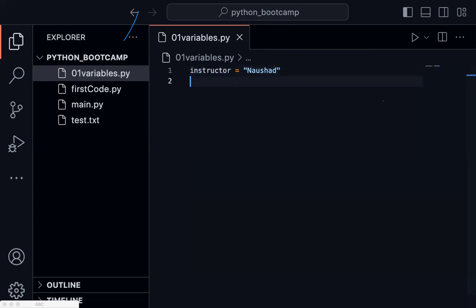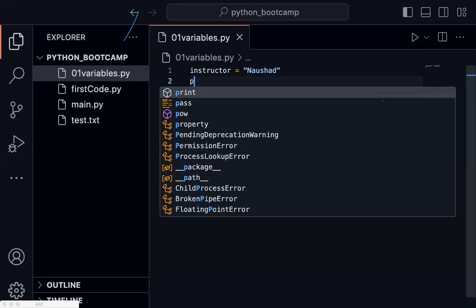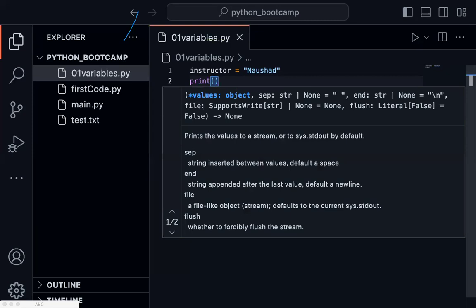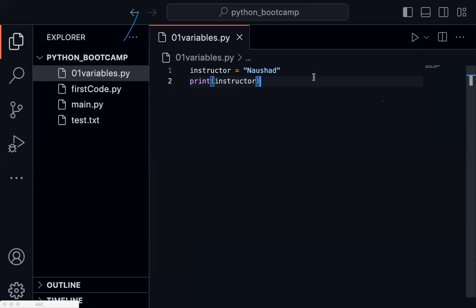So let's use the Python print function now, and then instructor. So when I run this code, what happens is the instructor name will be displayed on the screen